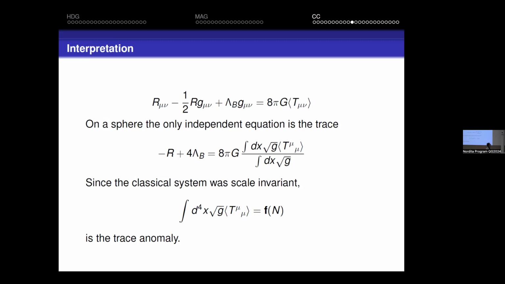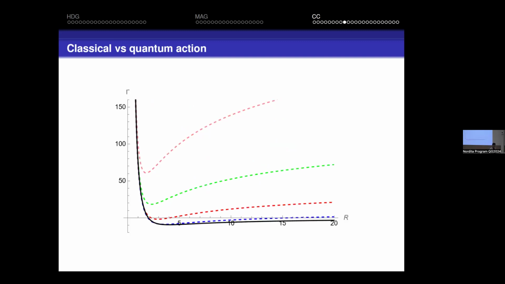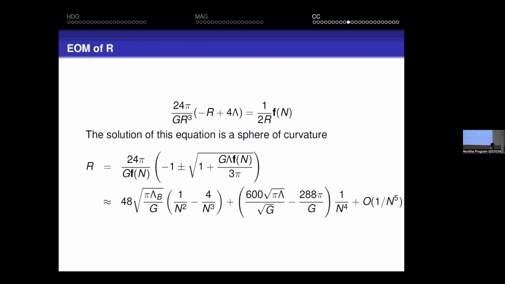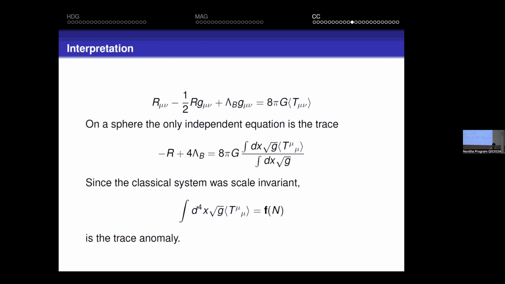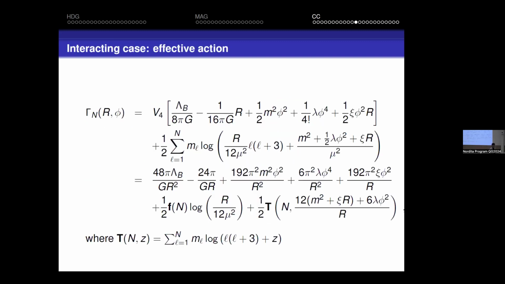And so the free massless scalar is a scale invariant theory, but T mu is non-zero. It is proportional to f of n. If you compare these equations to this equation here, the right-hand side is f that you can think of as the trace anomaly. Okay. All right. So this was for the free theory. So contrary to what everybody says, when you add more modes to the field, the space tends to become flatter.